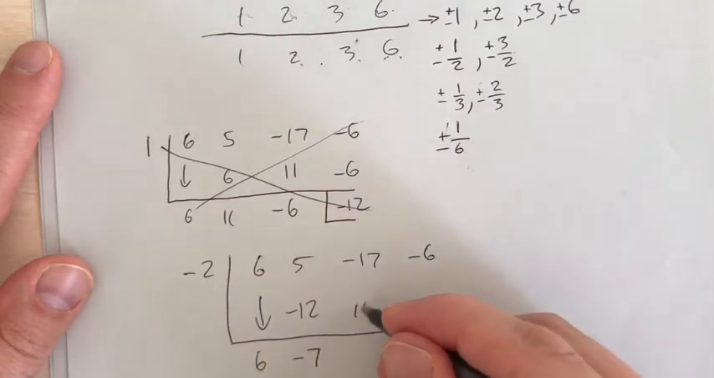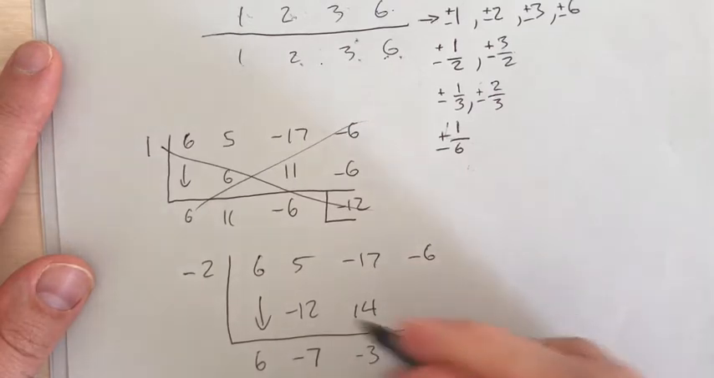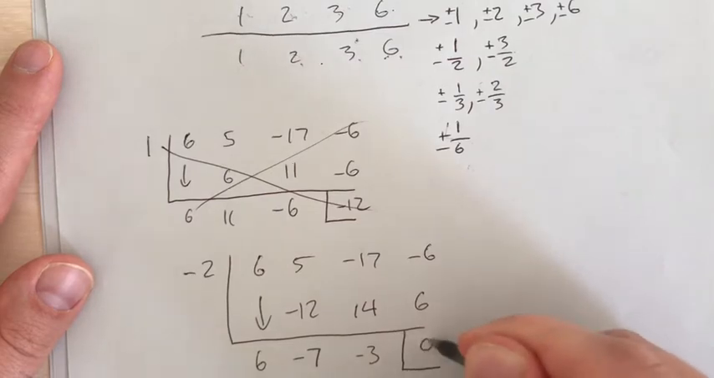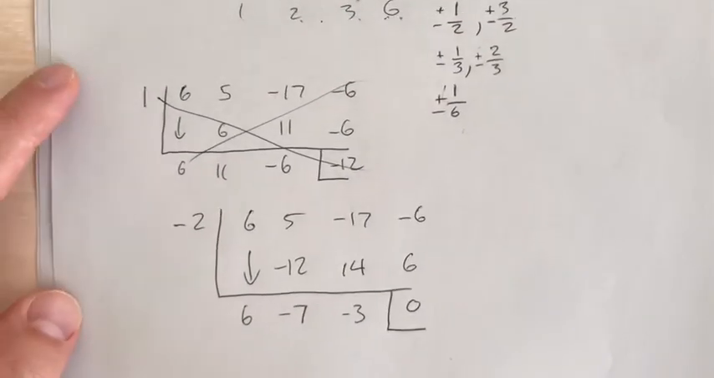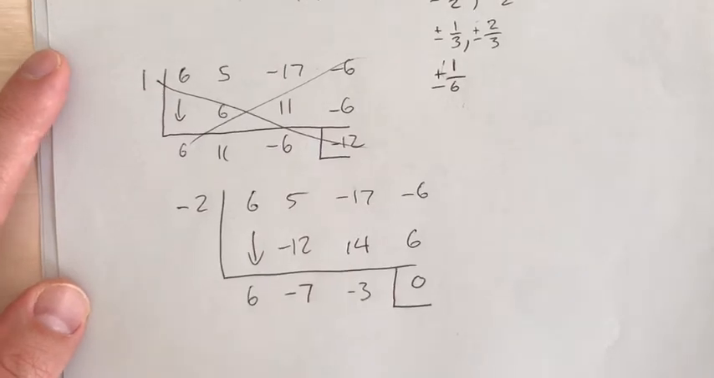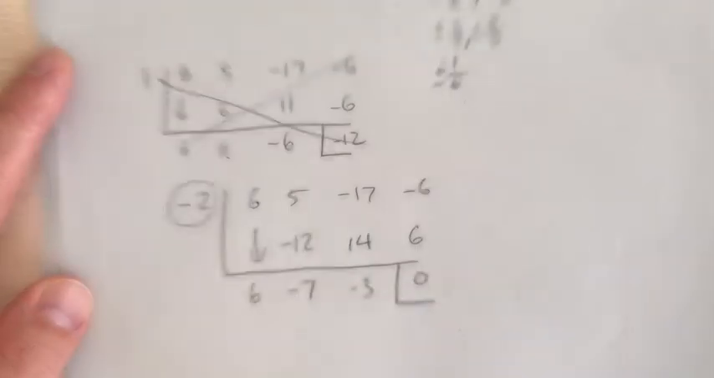Times that, you get 14. Get negative 3. Negative 2 times negative 3, you get 6. And what do you know? I got it to work, y'all. So I got a remainder of 0. Once you get to this step, once you found that this is truly an x-intercept of that polynomial, we can